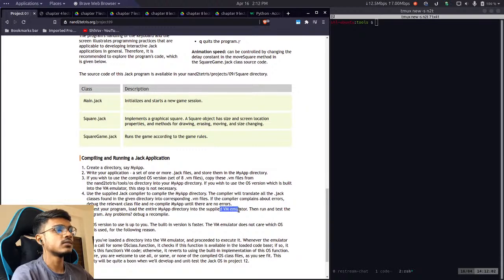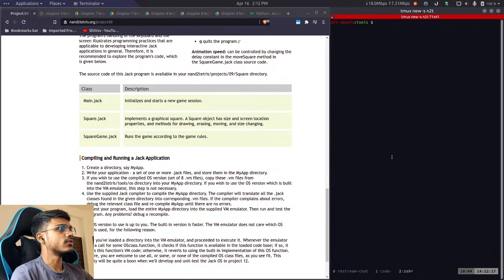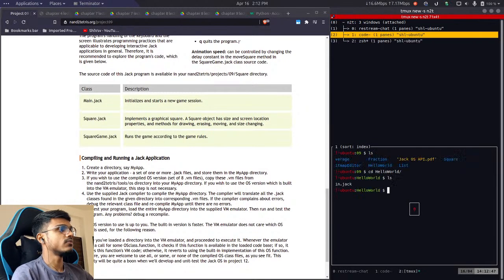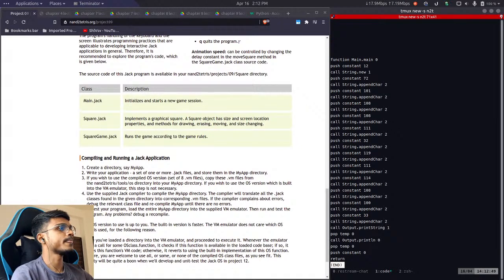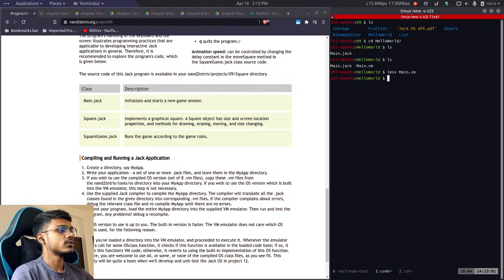Load the main. Do I have to provide the directory like this? Let's do something like this. We want to compile, let's see, 09 hello world. Compiling projects. Okay, if it worked, then we might have, yeah, we do have the compiled file main.vm. Let's check this file, main.vm. Okay, it's just VM code. So now to run it,